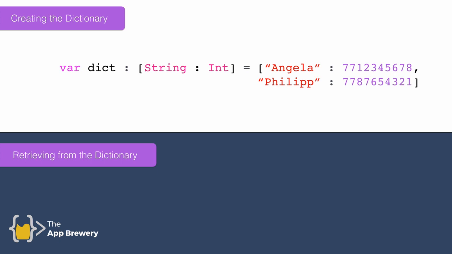When we want to retrieve an item out of our dictionary, instead of adding a number, we use the key. So we would use the name of the dictionary, which is called dict, and then we add a set of square brackets just as we did for arrays. But now we provide the key that we want in order to retrieve the value, which in this case, this line of code would be equal to